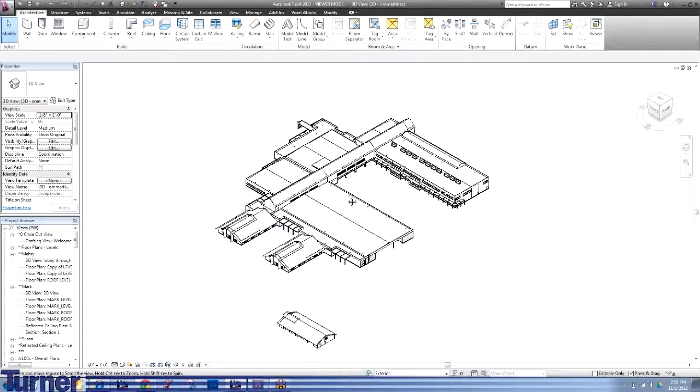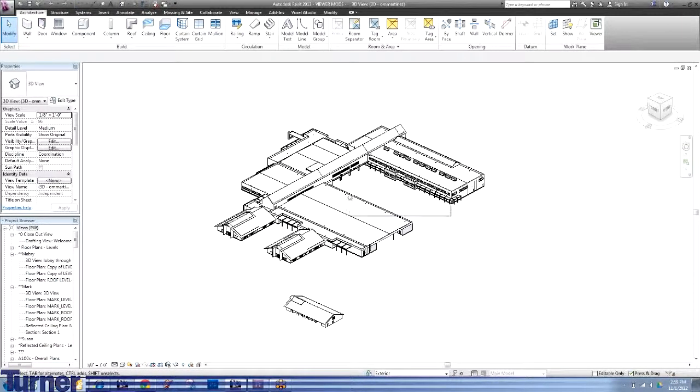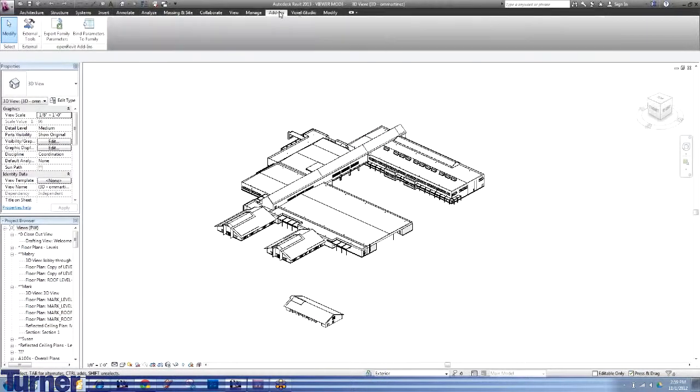So I'm just using this as a quick example. Now, like I said earlier,